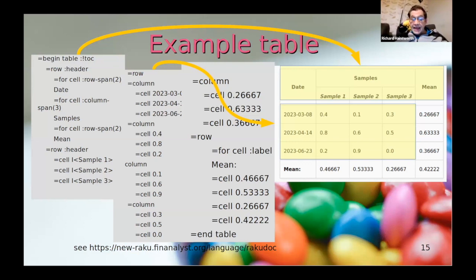Notice how the headers were all specified by rows. In other words, the row header with sample 1, sample 2, sample 3 are all in cells, and they're defined in a single row, column by column. So here we have a mixing of both the rows and the columns in a consistent way. The next